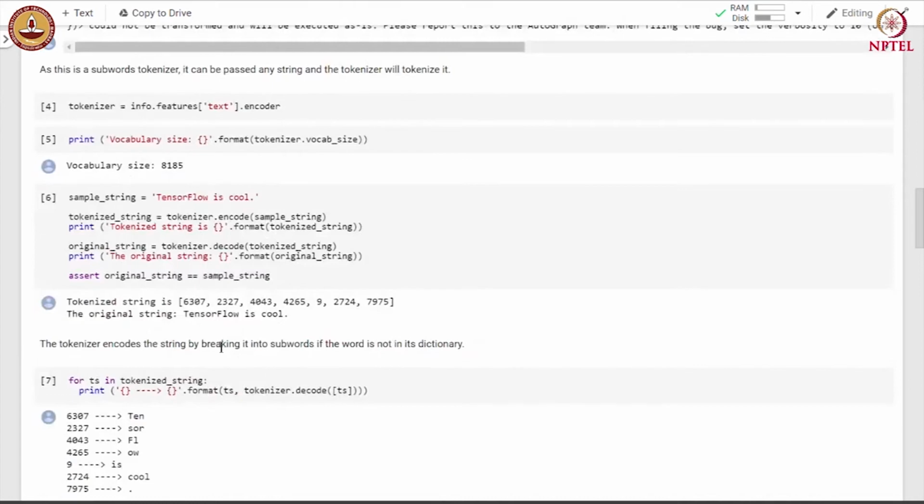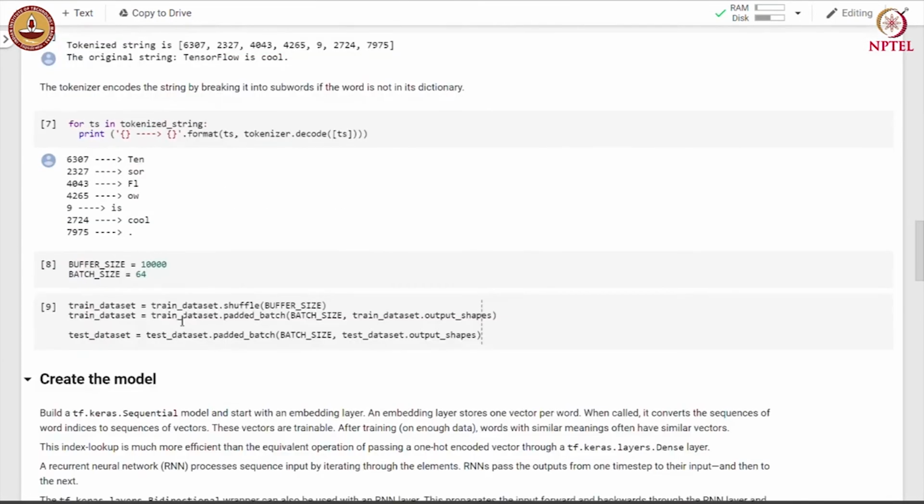After downloading the dataset, we will shuffle the dataset and we use padded_batch function to obtain the training dataset where each sequence has a fixed length. We also used padded_batch method to obtain the test dataset.